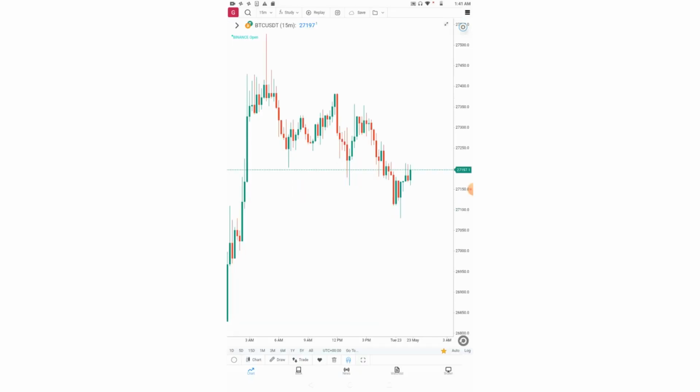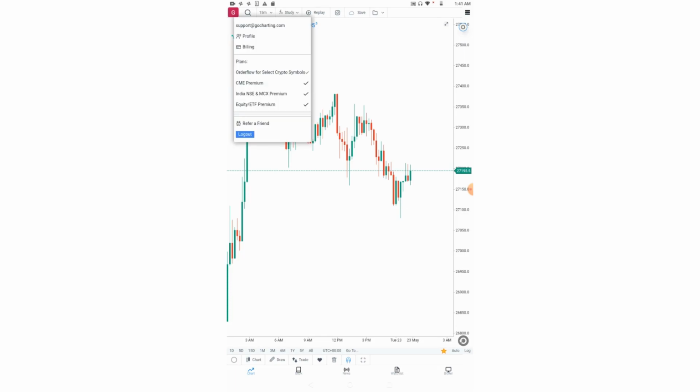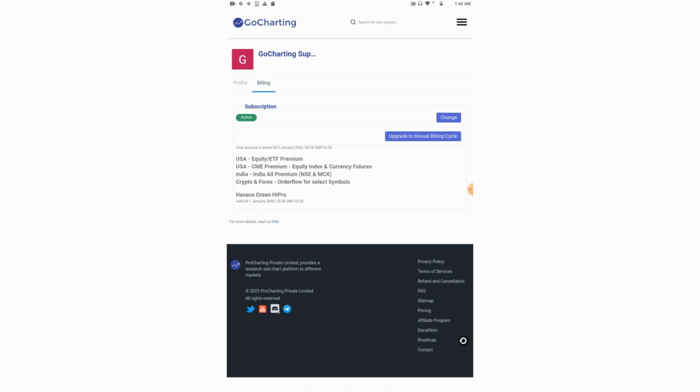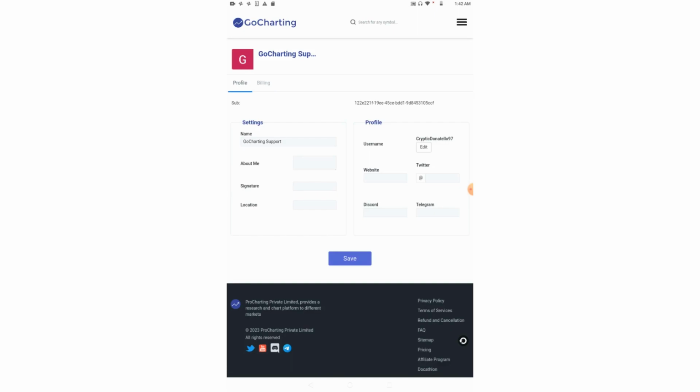After opening the app, on the top left, we have a square box which has either your picture or your initials. If you click on it, you will see your registered email. You can also access your profile and billing section. So let's click on the billing section. A new window for billing will open. Here you can see your billing details, account activation details, etc. You can also access your profile section. You need to press the back button to come back to the charting again.